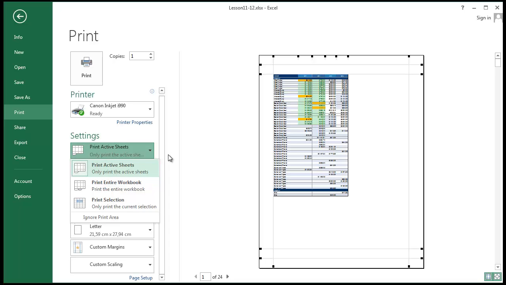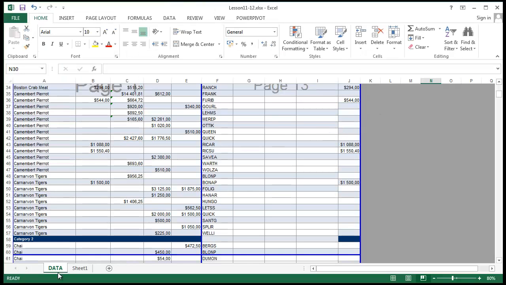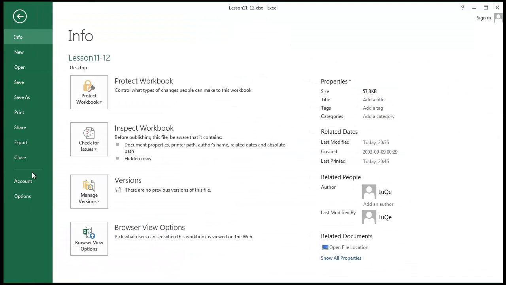So what we can do is print the active sheet. And what we mean by the active sheet, let's go back. The active sheet is always the one that you've been in, and where you have left your cell marker. So basically, if you were at the data sheet and you were viewing it before, this is the marked sheet for you. Excel would ignore this sheet and go over to this one. So this is your marked sheet. So going back to the print settings,